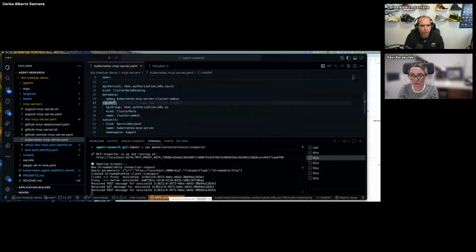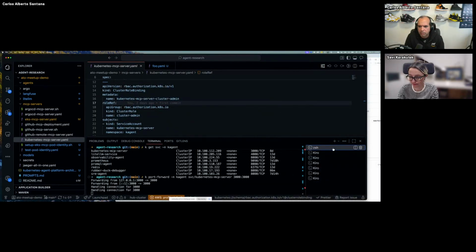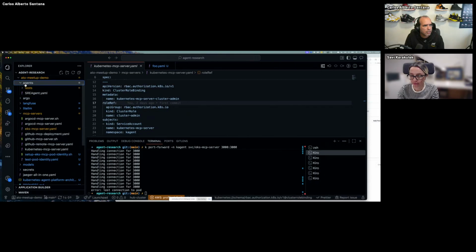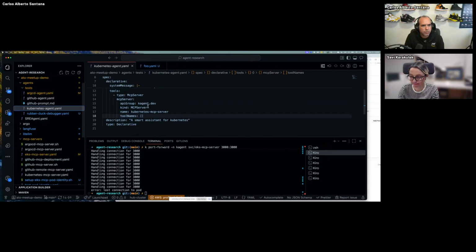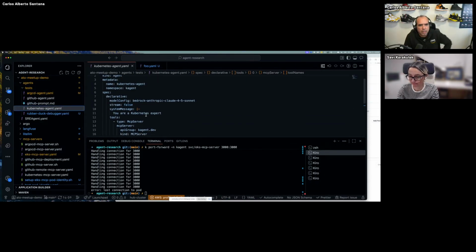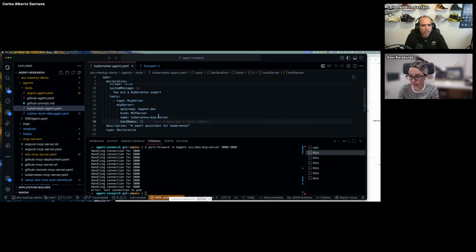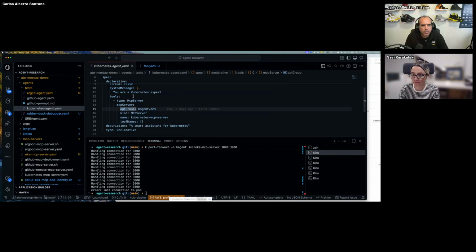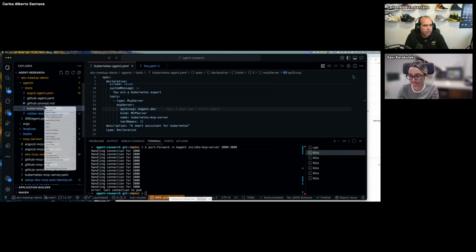Yeah. And then we can deploy our agent. Where's our agent? MCP agent, Kubernetes agent, which you saw only has one tool, the MCP server. So it will find that MCP server. It's trying to find that service and port 3000 to connect to it through streamable HTTP. So if I deploy this,